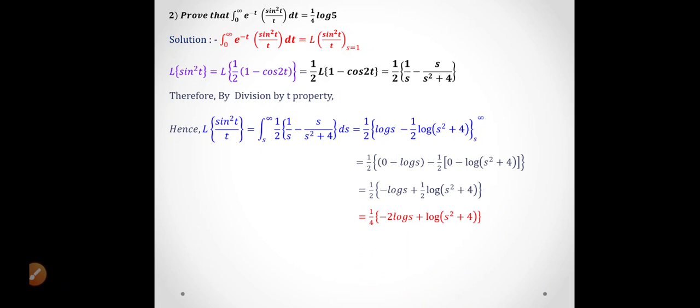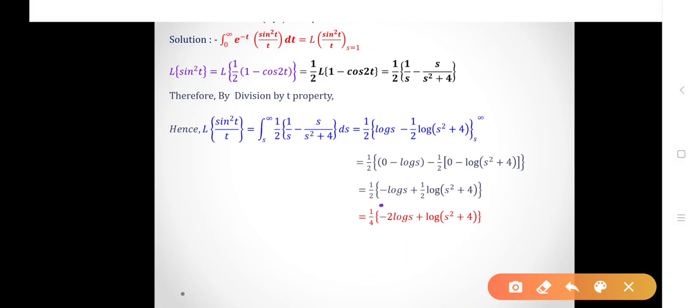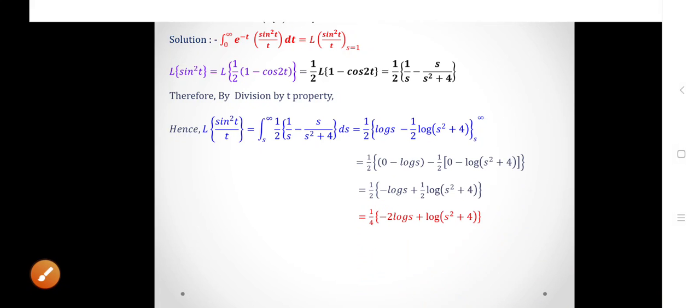Now we will take this 1 by 2 out of the curly bracket, so it becomes 1 by 4. But as the first term is not having any 1 by 2 here, so to adjust the given term we have to multiply it by minus 2. So it becomes 1 by 4 into bracket minus 2 log s plus log of s square plus 4. Now by laws of logarithm,